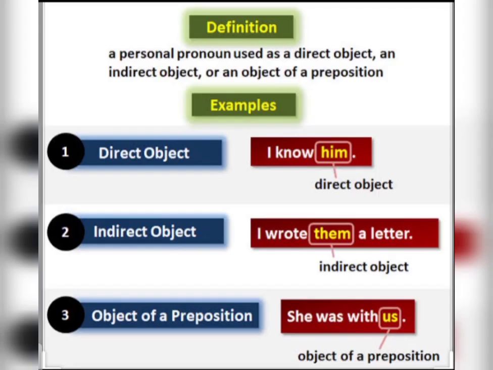Now let's take a quick recap of direct object, indirect object and object of preposition. Just now we learned the tricks of direct object, how to find it easily. While finding the direct object, we have to ask the question to the verb with what. So you will get the direct object. While finding the indirect object, you have to simply ask the question with whom.